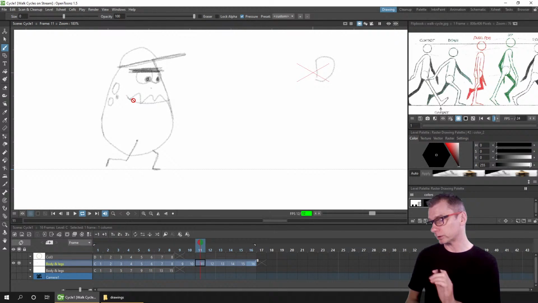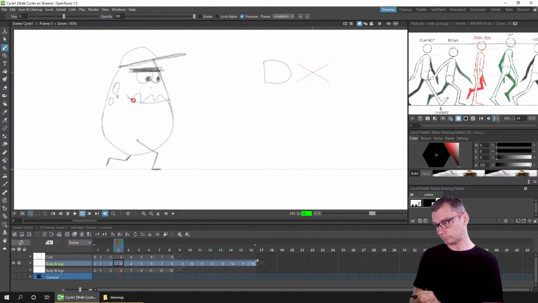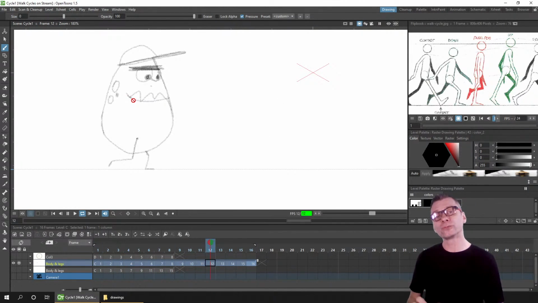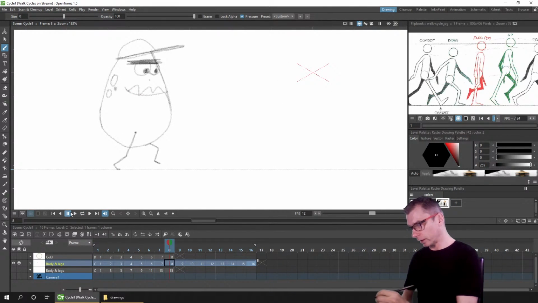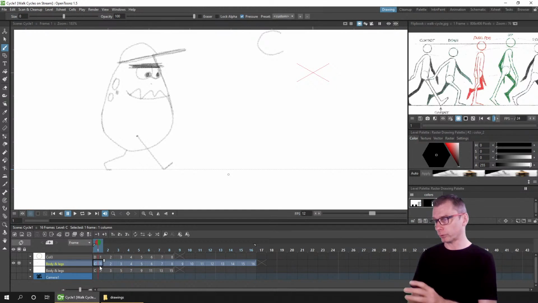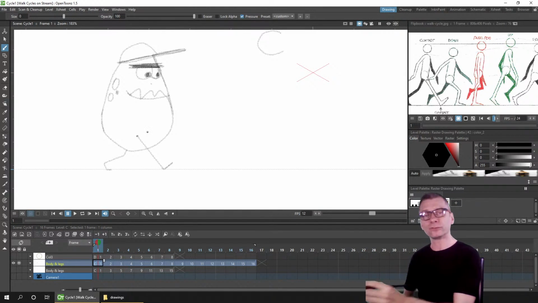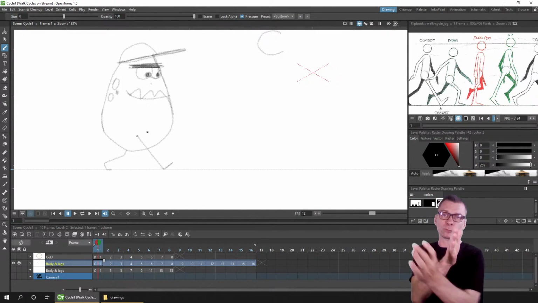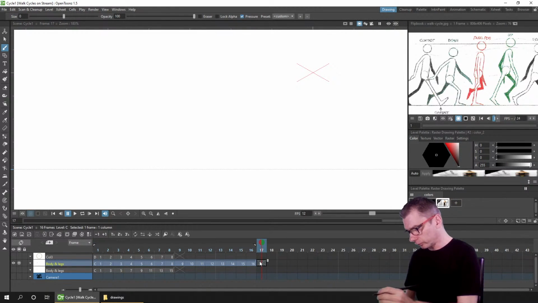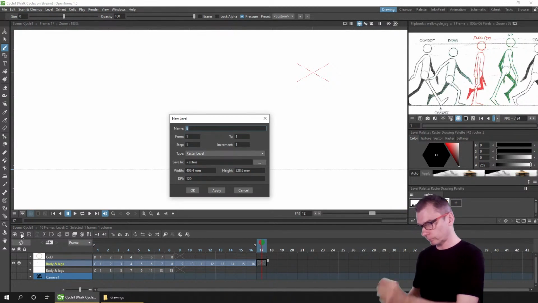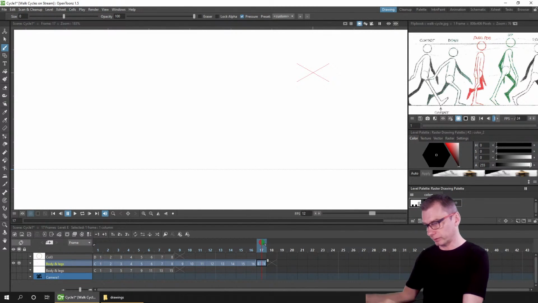But next week, what I'd like to work on is to add rotation into the walk cycle. So this simple walk cycle shows the legs hinged at the same point on the body as they swing around, whereas in reality, if I start a new raster level here,